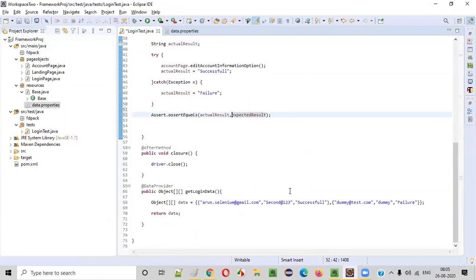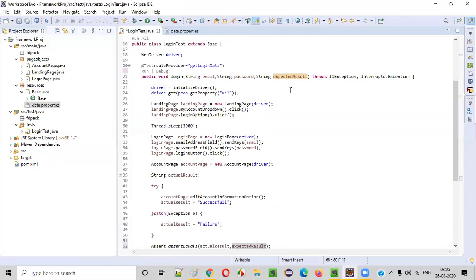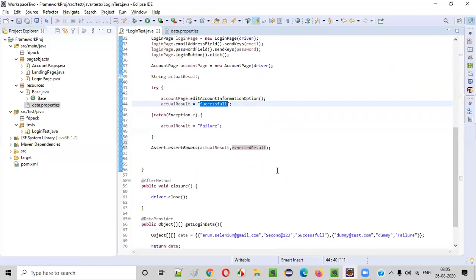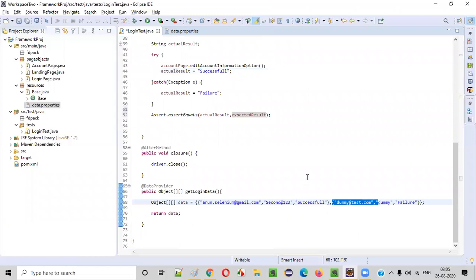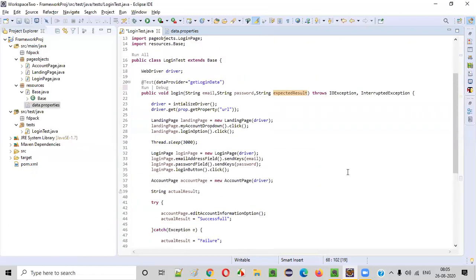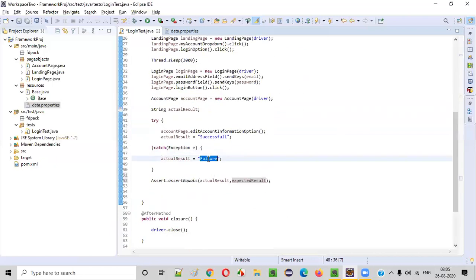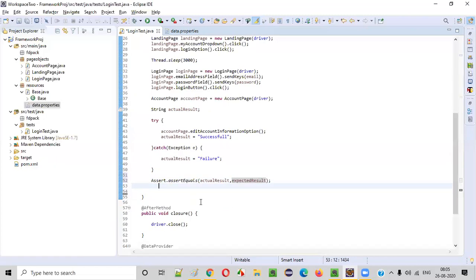In case of valid credentials, successful should be the actual result and successful should be the expected result. In case of invalid data, failure should be the expected result and failure should be the actual result. Then the test will pass. Like this, we have to write it properly, guys.